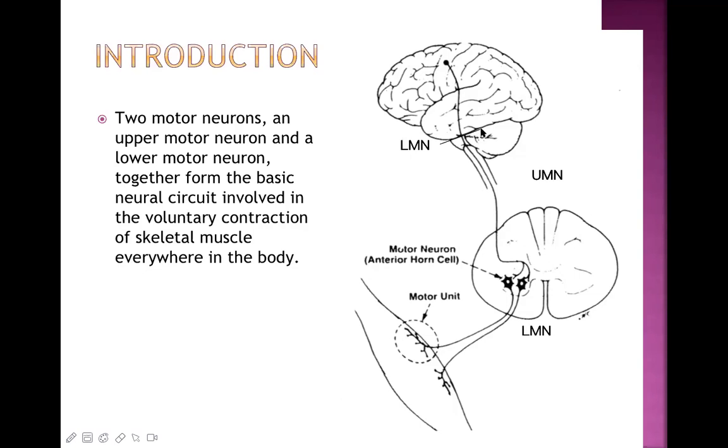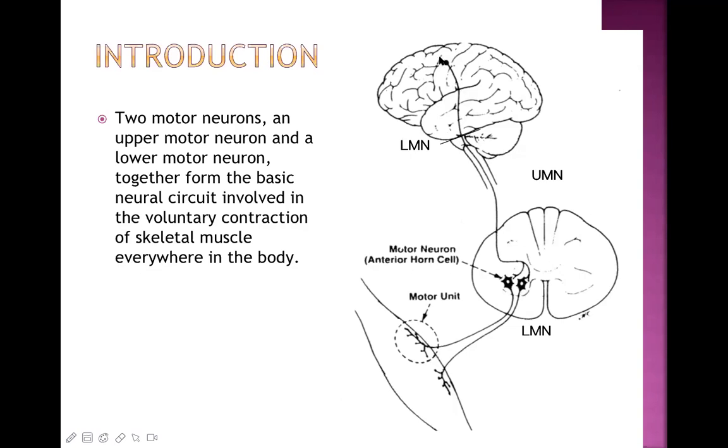One important point which is not properly shown in this picture: this neuron will also synapse in this area, especially in the brainstem, from where the cranial nerves are coming, or in other words, in the cranial nerve nuclei. This particular neuron is also synapsing. So there are two areas where this neuron will synapse. One in the brainstem, where the cranial nerve nuclei are located, and another in the anterior horn cells of the